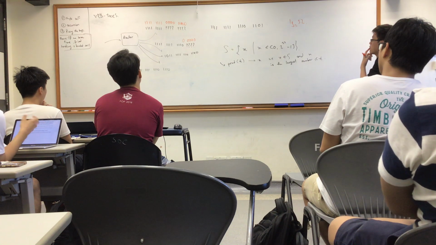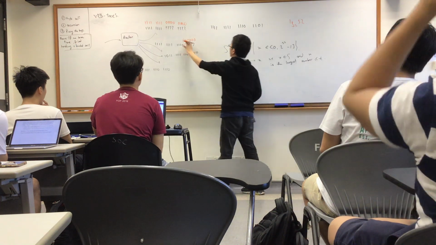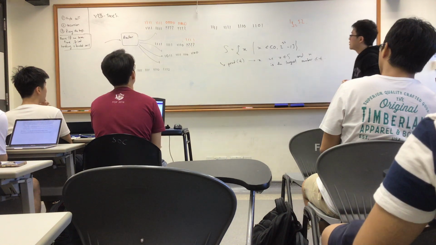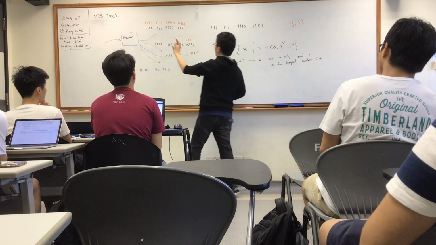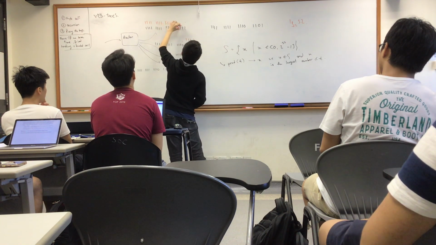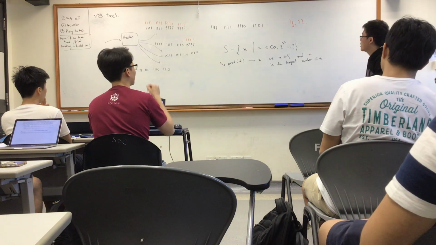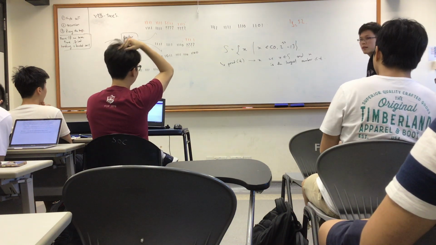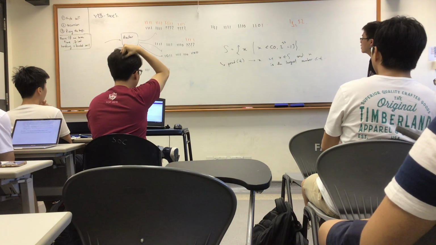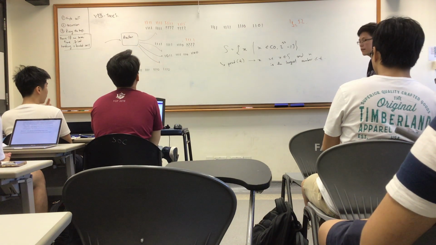Let's see. What happens if you change it to ones? 1, 1, 1, 1, and you look for successor instead. Does that help you? I think that's the one. If you look for the successor, then you'll find the fourth one. Or is it zeros? Uh-oh. I think it's the issue with the rules. The rules kind of overlap or something. Oh, they can't overlap, right? They're not supposed to overlap.